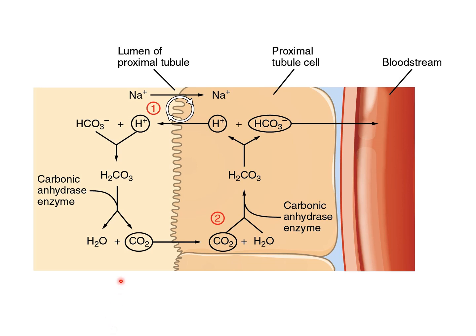So this diagram shows the conservation of bicarbonate in the kidney. So we have here our proximal tubule cell, the bloodstream, and the lumen of the proximal tubule of the renal tubule. So we have here our bicarbonate and our hydrogen ions. So the bicarbonate are formed from the breakdown of the carbonic acid. So this proton here will tend to